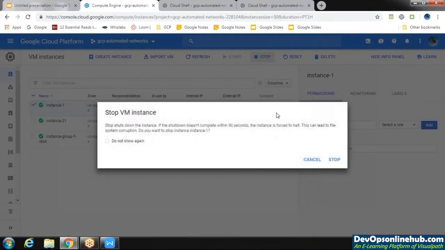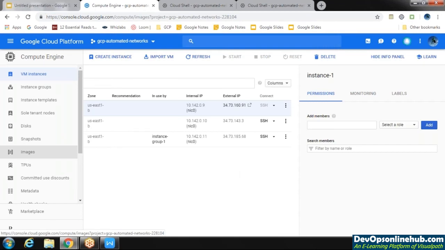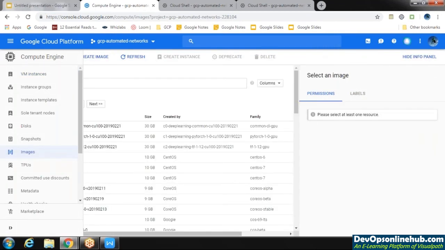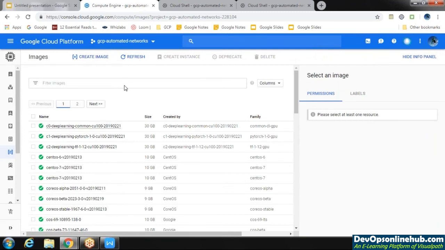We stop that instance. We will create an image.